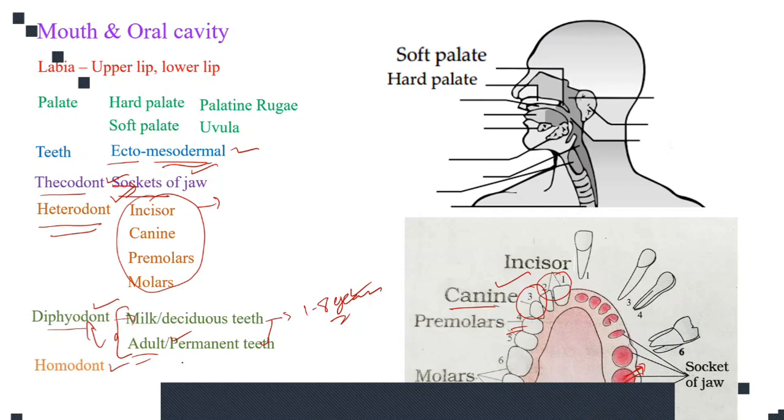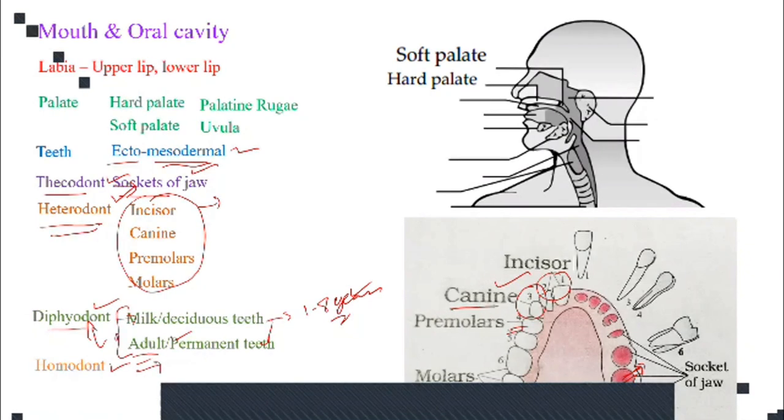In some animals, only one type of teeth is present, similar types of teeth. This type of dentition is called homodont dentition. And if you come to the formal